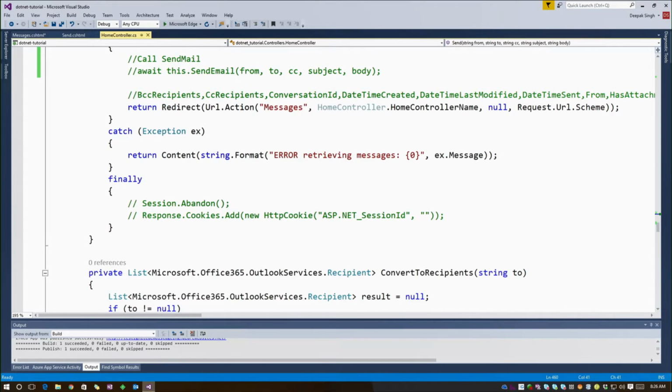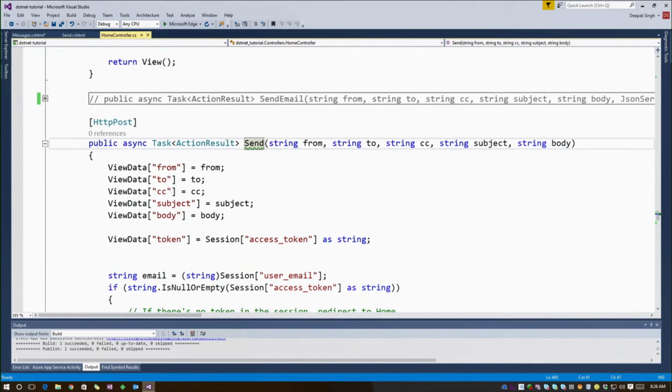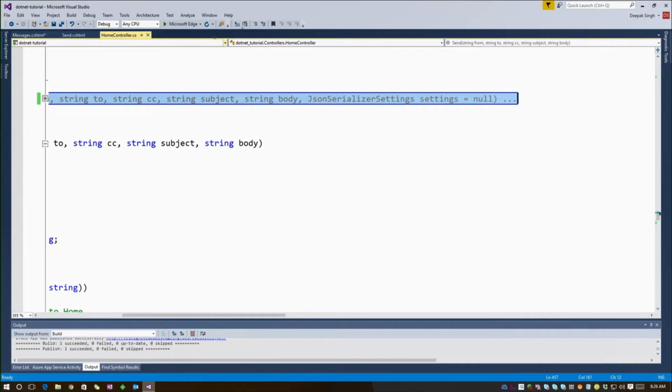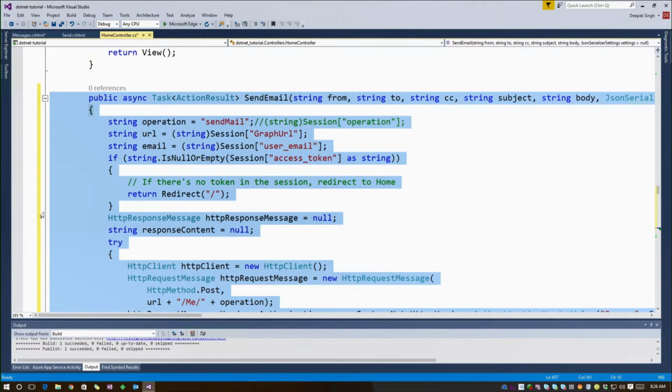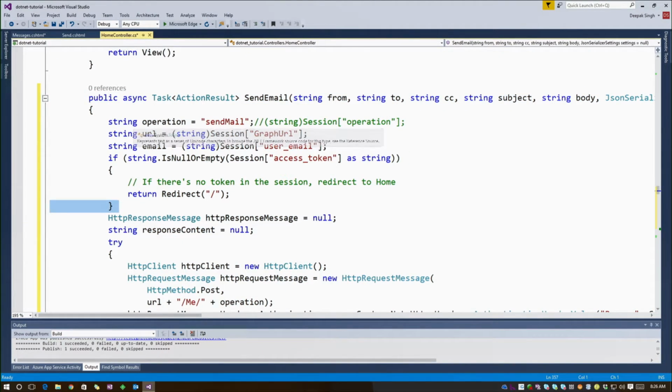So now let's go to my logic to send the mail. My actual logic is over here, send mail, which I've commented out. Let me uncomment it, and then I'll go through what I am doing in this. Okay, so I'm calling